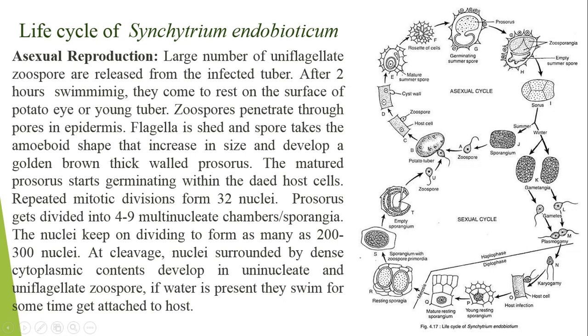Then it will form the rosette of cells. Then it will germinate in summers and a prosorus will be formed. Then in the prosorus, zoosporangia will be formed and the empty summer spore will be here. These zoosporangia will be then septated,